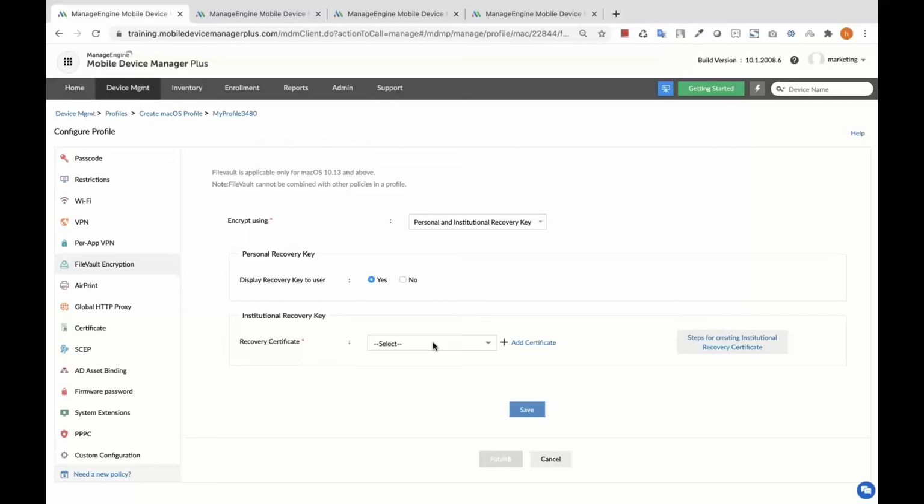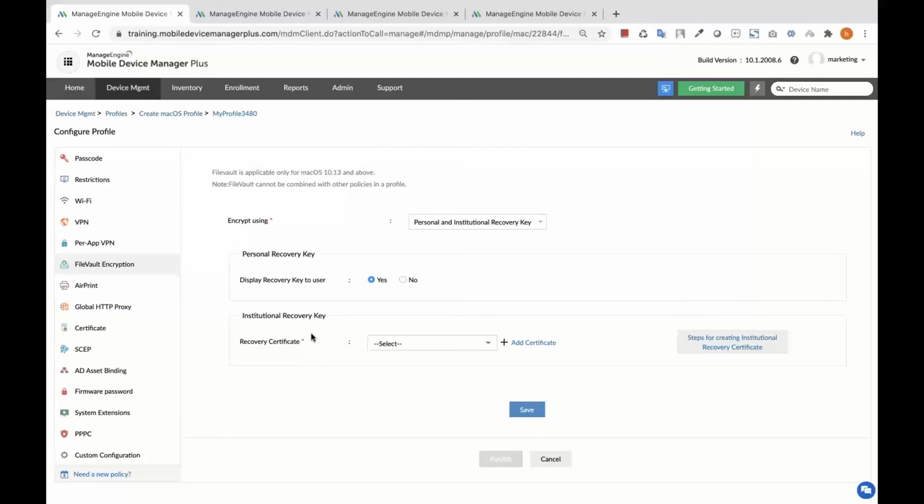If you configure file vault manually on your devices, the users will have to remember the personal recovery key that needs to be used to decrypt the data in case they forget their passwords. Also, the institutional recovery key option is available only for MDM solutions, which means you cannot use this option for encrypting the devices manually using file vault.